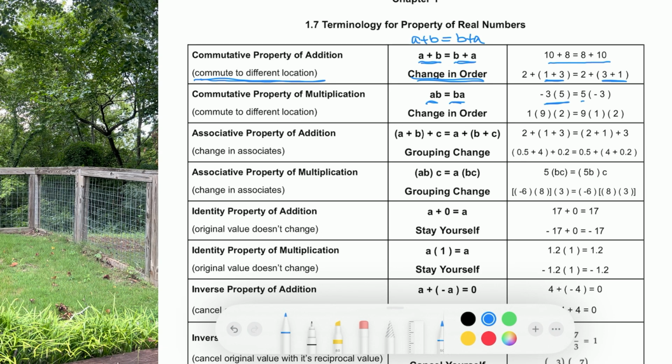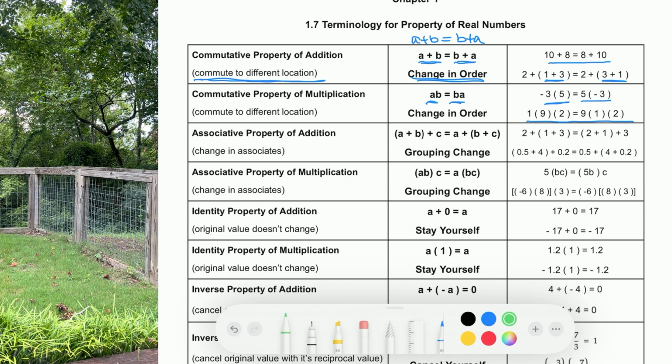Looking at our examples, we have -3 times 5, and then it switched to 5 times -3. Again, it's not changing the value of the problem. We're just switching locations of the numbers, the order of the numbers. It still would be -15 equals -15 if we were to solve it. Well, now let's look at the second example that I give you. 1 times 9 times 2 equals 9 times 1 times 2. Okay, something switched order. The 9 and the 1 switched order,